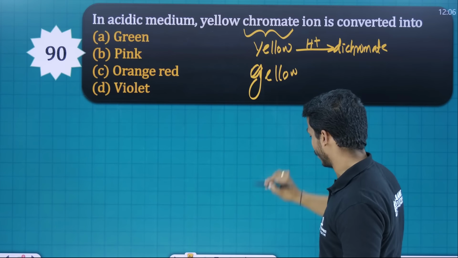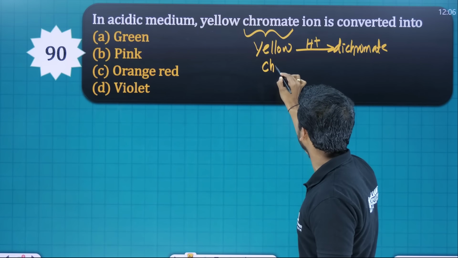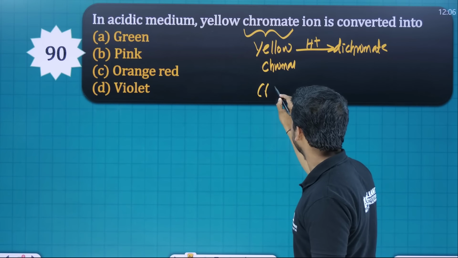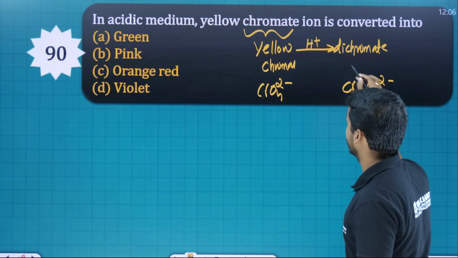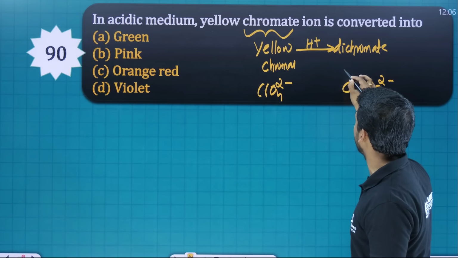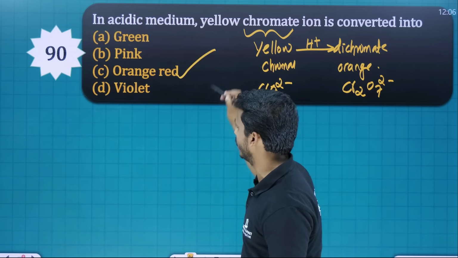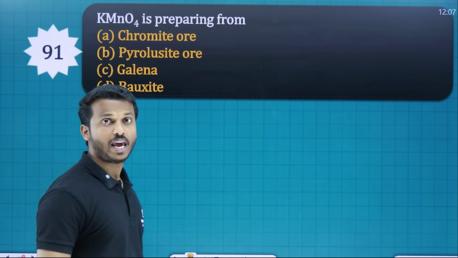Chromate is what? Yellow in color. This is chromate, CrO4 2 minus. And dichromate is what? Cr2O7 2 minus. Chromate is yellow in color. In acidic medium, it is converted to dichromate. That is what? Orange red in color. Orange red. 91. KMnO4 is prepared from